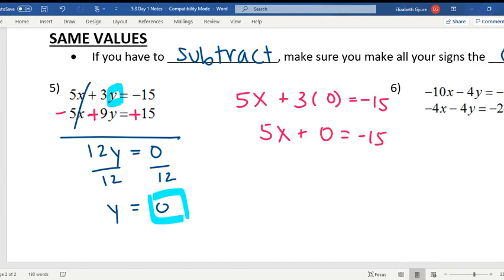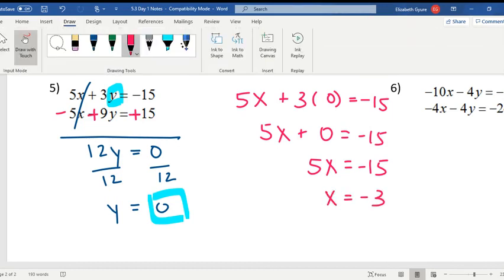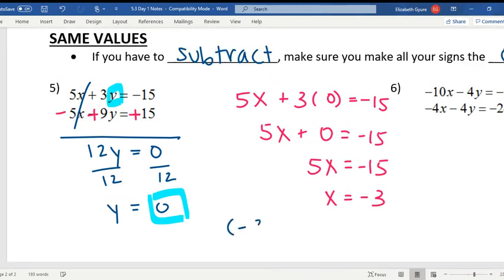So does the 0 really matter? No, it's just 5x equals negative 15. And divide to get negative 3. I know I went through that one kind of quickly because we're short on time. So you should get negative 3, 0. Tomorrow, during your e-learning day, I am going to record